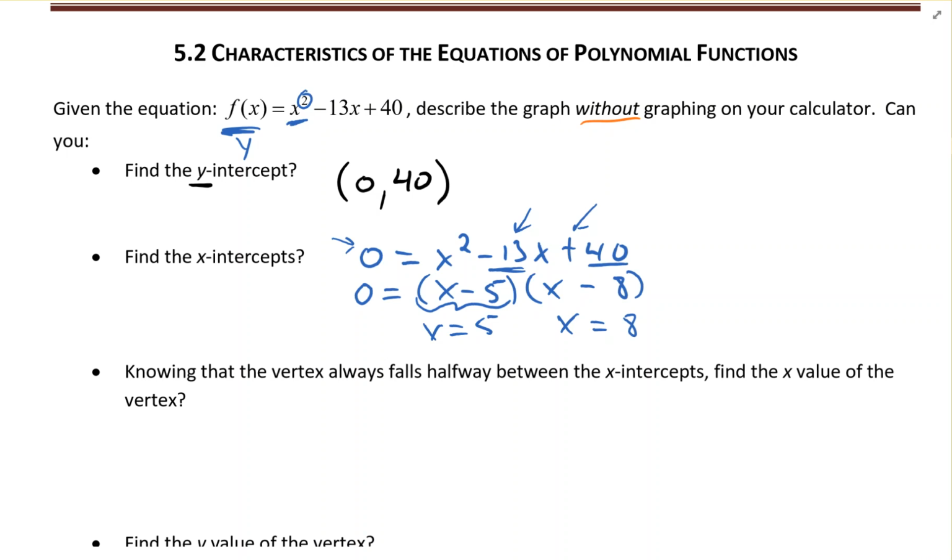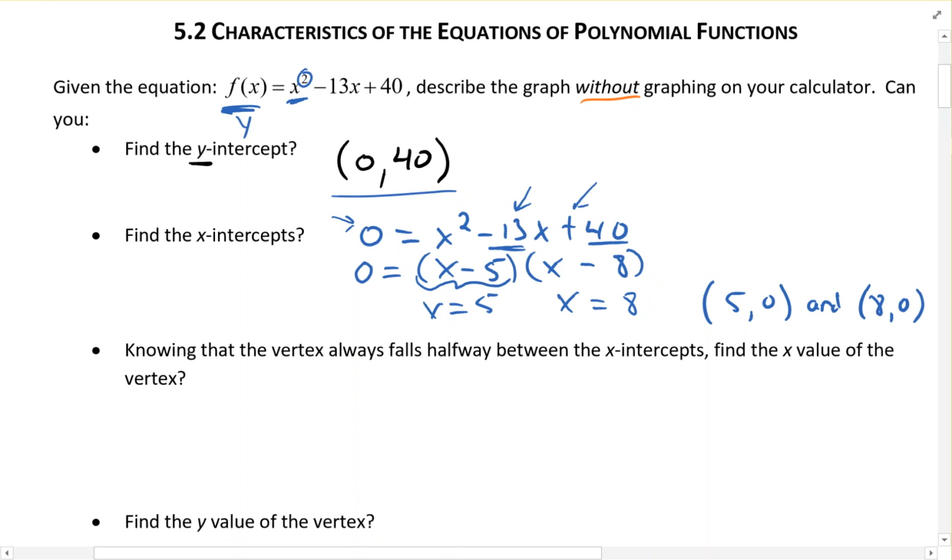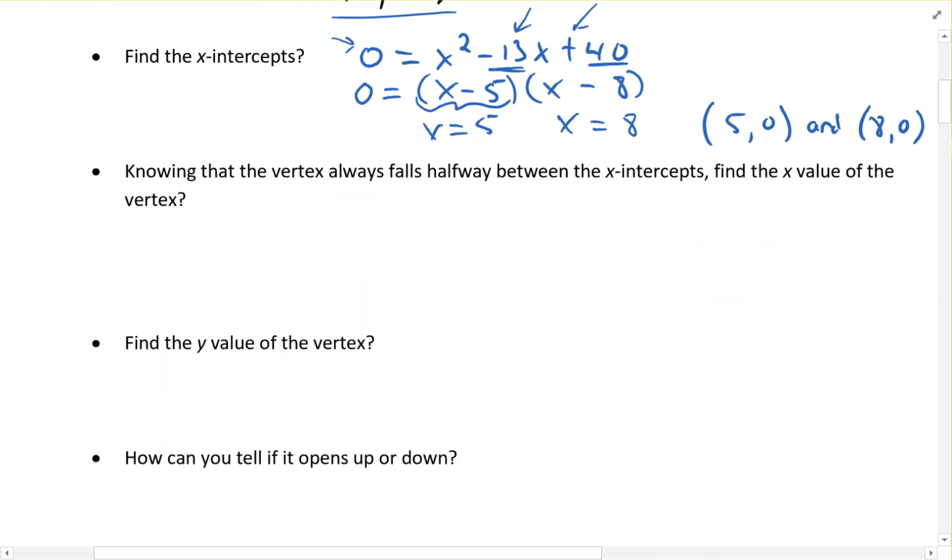Another way of writing that in point form, like we did above, would just be (5, 0) and (8, 0). All right. Knowing that the vertex always falls halfway between the x-intercepts, find the x value of the vertex. So what it means by that is, so far we know